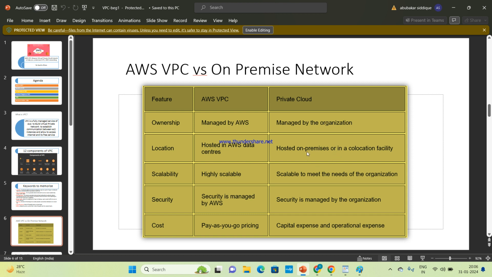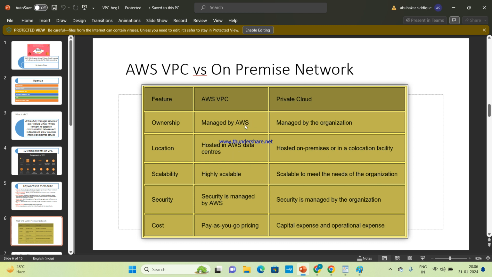In on-premise, it will be hosted at the organization or in a colocation facility. A colocation facility is a data center that an organization takes on rent. So it is also a kind of data center for companies.